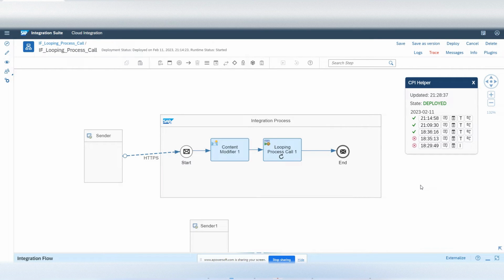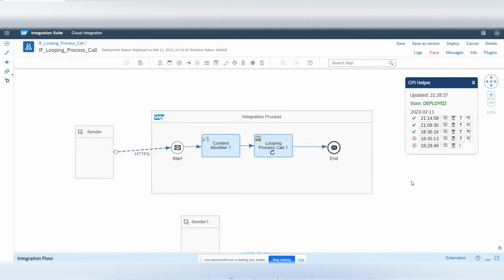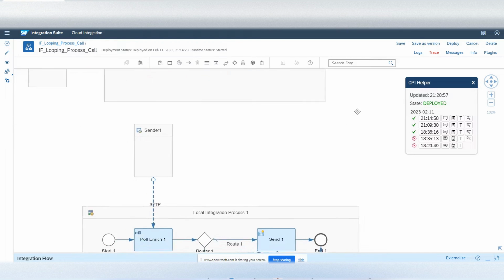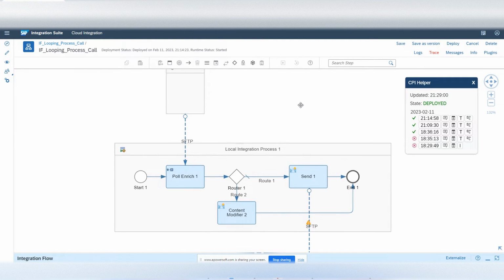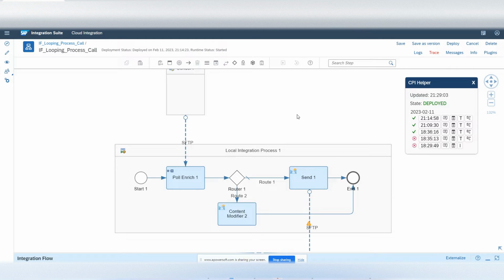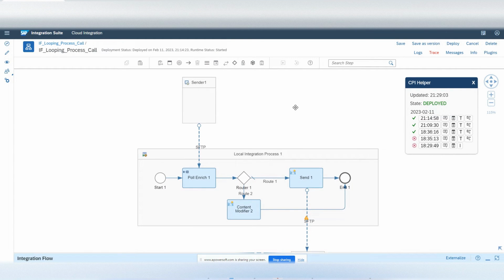So looping process call enables you to loop, as the name suggests, a local integration process. A local integration process is nothing but a modular unit within your iflow. It's just a modular unit, nothing else. For those who don't know what a local integration process is, if you are coming from a coding background, it's like a method or a function module or a subroutine